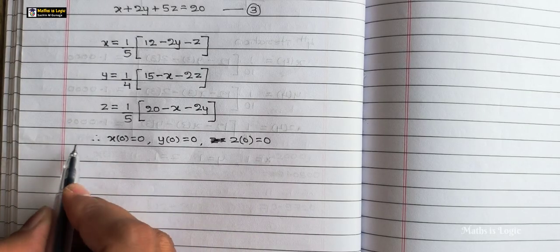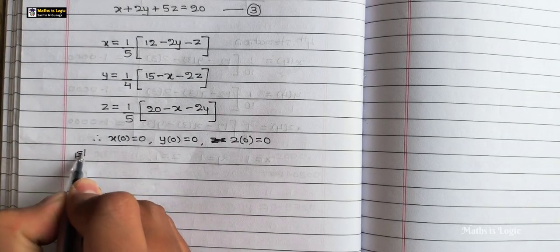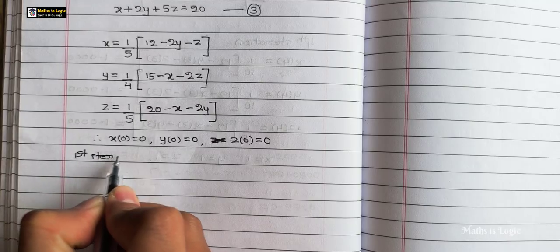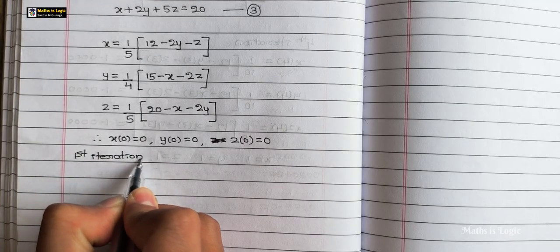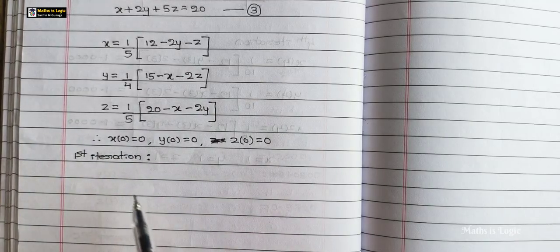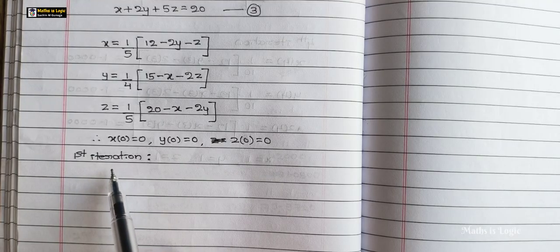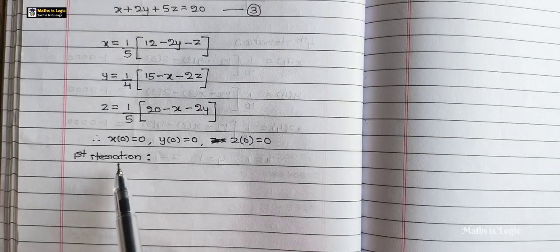Now write the first iteration. First iteration means finding x of 1, y of 1, z of 1